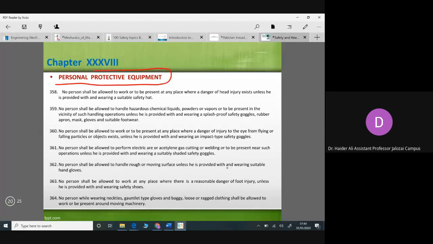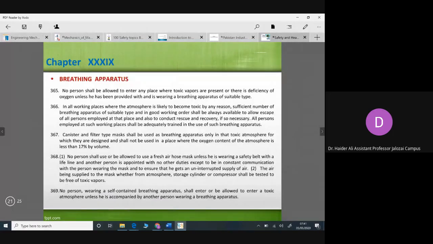Again, a section on personal protective equipment, or PPE. Nowadays, everybody is talking about PPE. You go outside, you want to wear your mask, you want to put on gloves, you want to make sure you don't come into contact with anyone, nobody coughs in your mouth. So there are rules and regulations in place, but